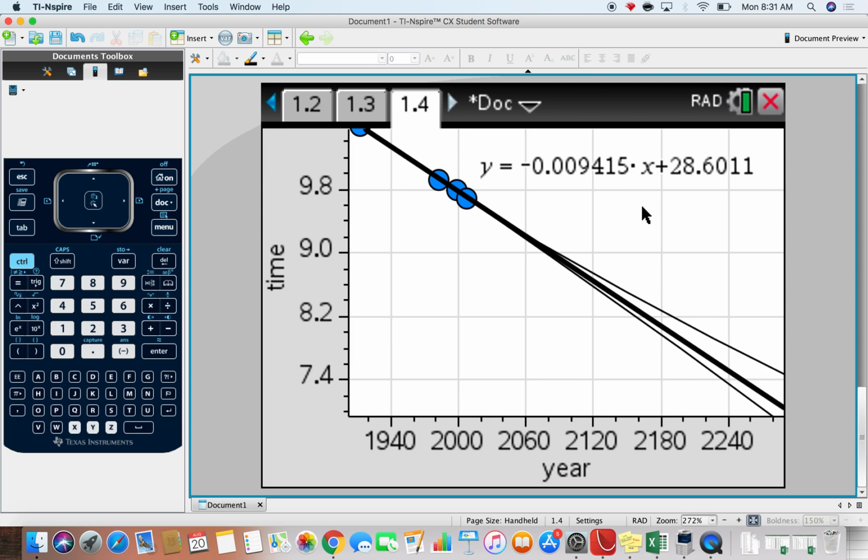Now, I'm guessing that many of you may have then written this down. And if we want to find out when the y value hits 9 seconds, you substitute 9 seconds here and you solve this simple linear equation. Many of you may have done that, okay? But I want to actually get the computer to do it for me. So it'd be really good if I could draw on